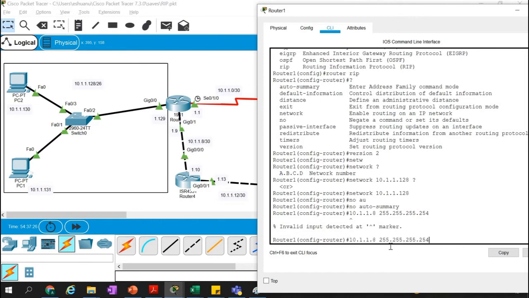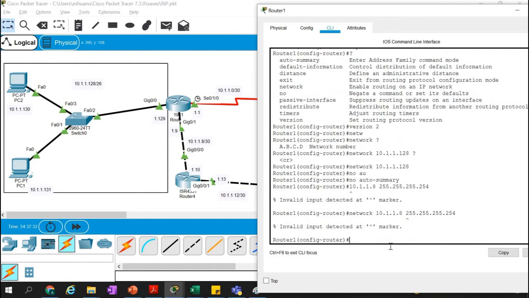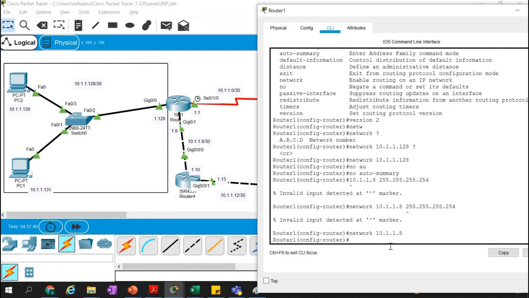No, no, our network is missing. So let me give you the network command. It is showing that I cannot give this value. So let's give this one, no problem. It's 8, but I'm very much doubtful about that one, how it will distinguish other routes. No problem, we will just check.